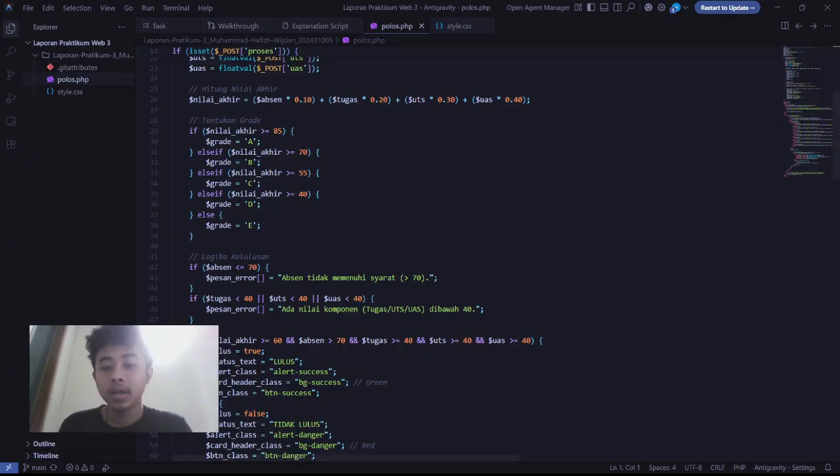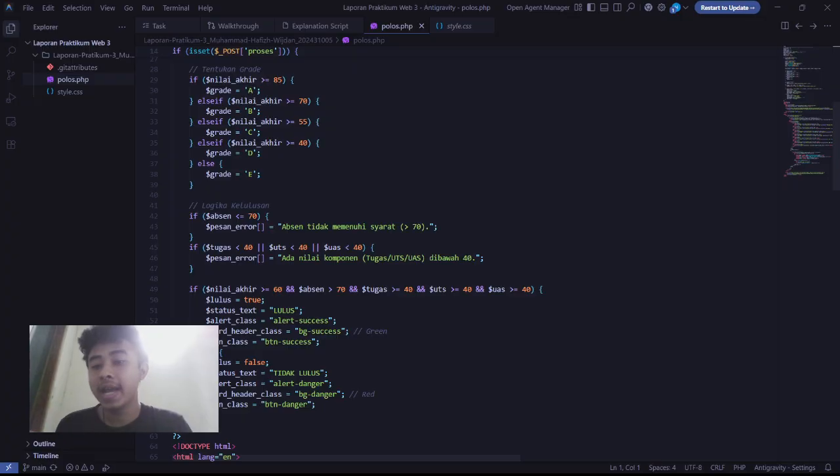Then we determine the letter grade A to E using a simple if-else structure. If nilai akhir is 85 or above, it's an A, and so on down to E.